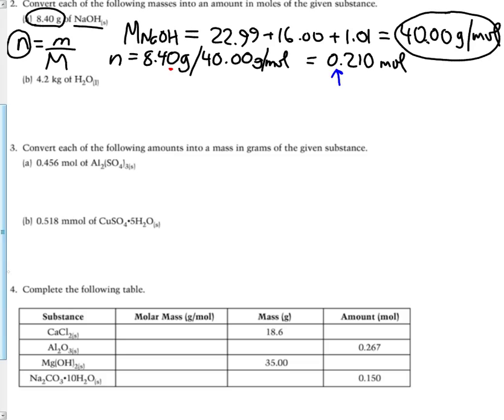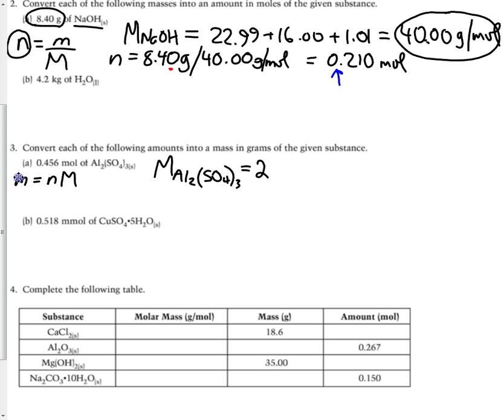So here we're working with the formula that says that how much we have is how many moles we have multiplied by how heavy 1 mole is. So in this case, we still need to know the molar mass of this compound. This is aluminum sulfate, so we're going to have to calculate the formula weight or formula unit mass for aluminum sulfate, and it has a lot of atoms in here. So we're looking at